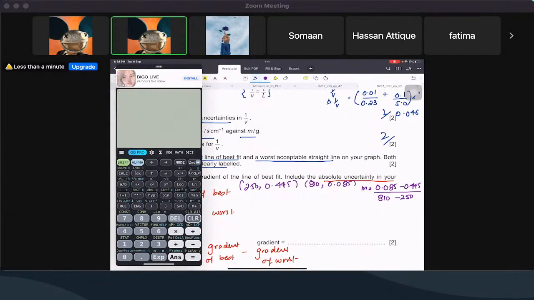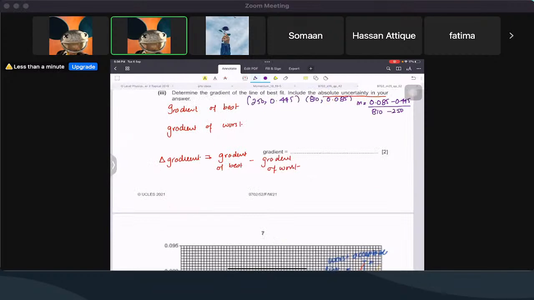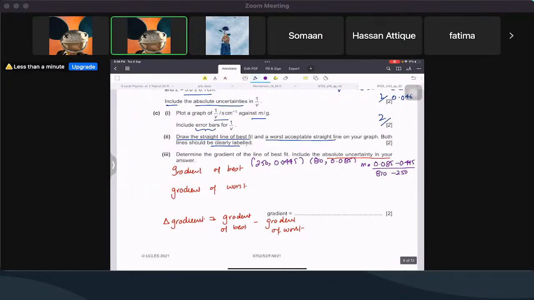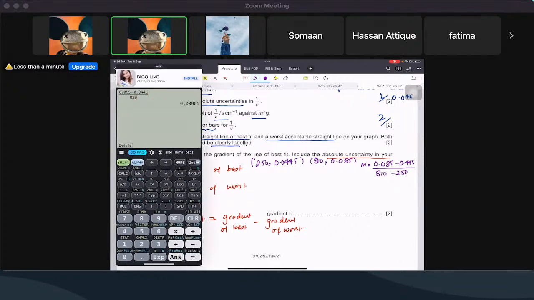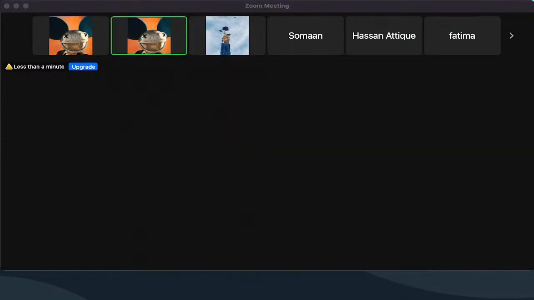And what you're going to do is 0.085 minus 0.4. This should be 0.0445. Probably I wrote it wrong. Let me again check. Yeah, I wrote it wrong. Sorry. It has to be a 0 here. So this would be 810 minus 250. And that's my gradient. So I'm going to write it as